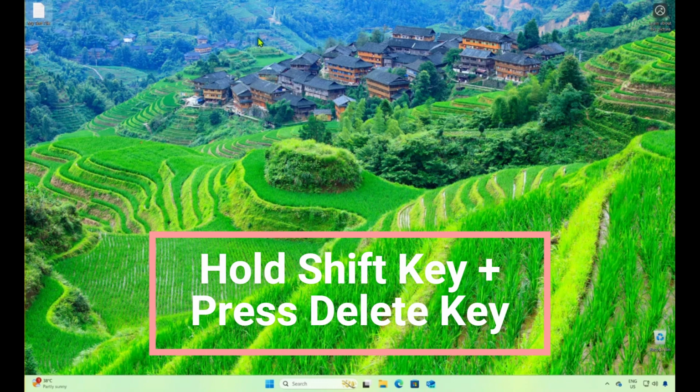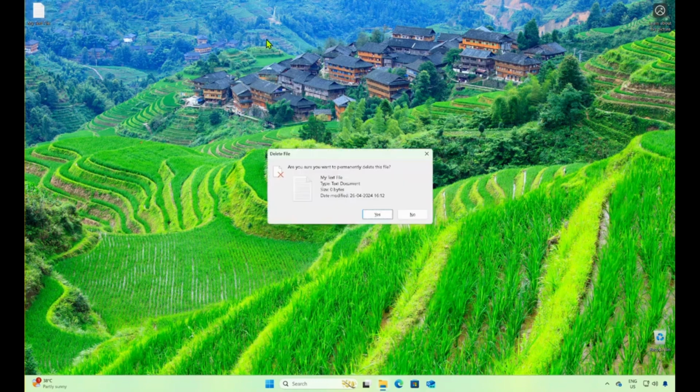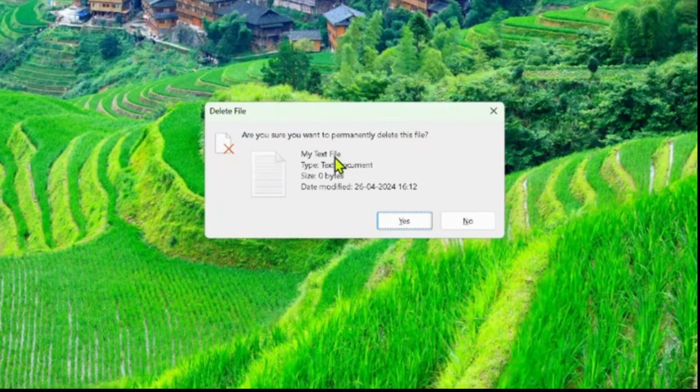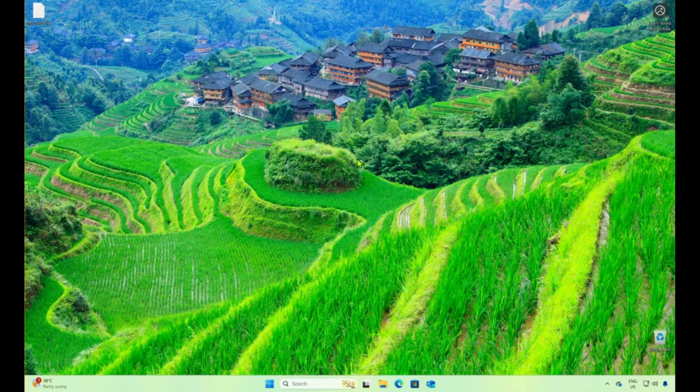So if I select this file and, holding my shift key, press the delete button, it's going to ask me, are you sure you want to delete this file? I can say yes or no also. So if you want this behavior by default, so you don't need to press the shift key every time to delete the file,